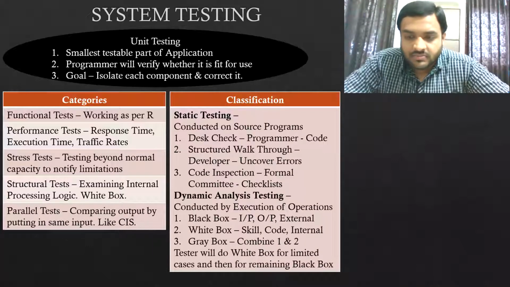So is there any difference between structural test and black box testing, sir? No, there is no comparison between structural test and black box testing. Here in structural testing, you can see that structural testing is like white box, but it is nothing like black box, because in structural testing we are again opening the coding of the system and then verifying whether there are any errors or not, and whether there is any problem with the logic or not.